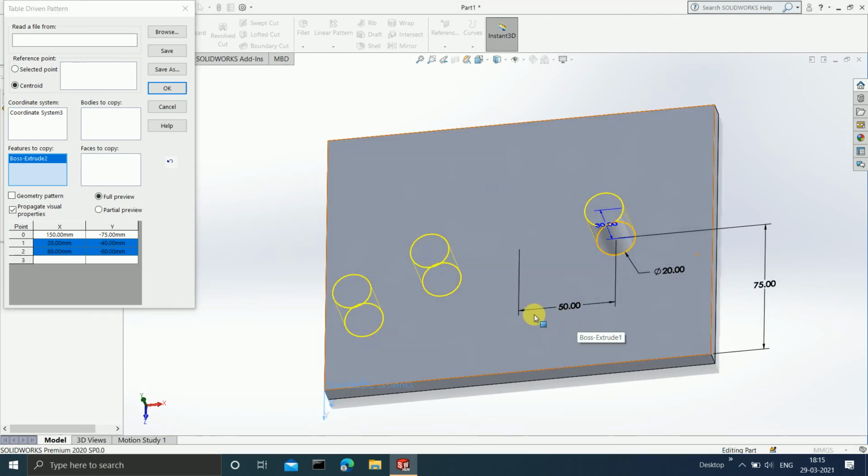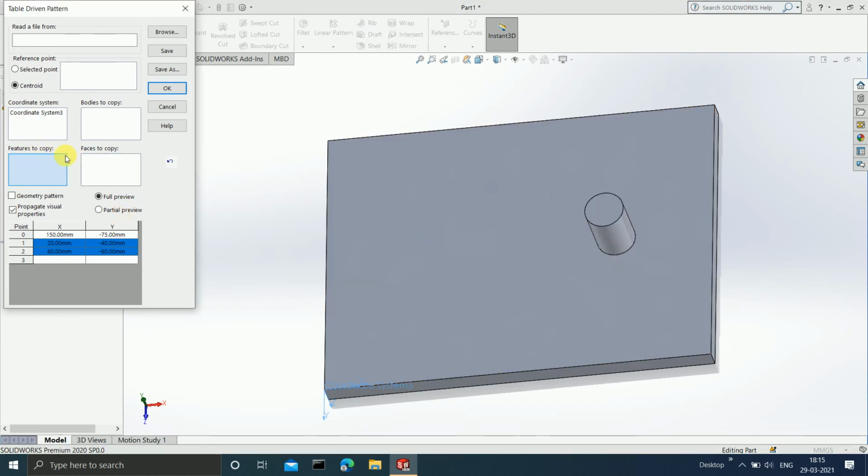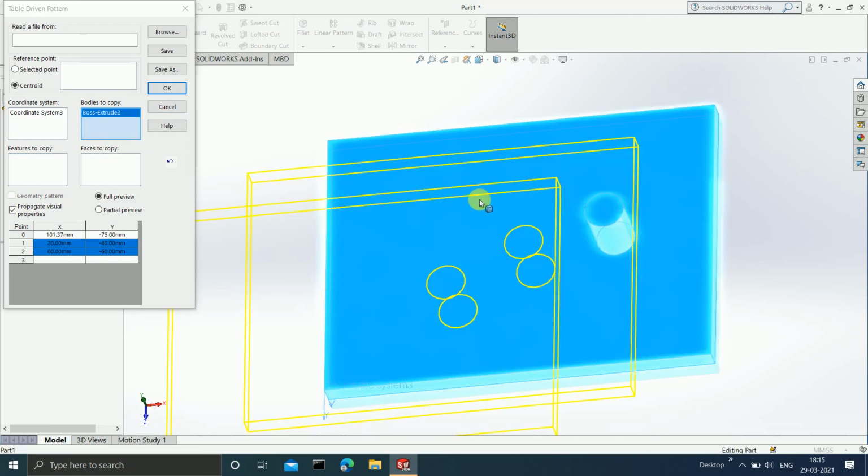So in this way you can make use of the coordinate system, and you will get copies of anything that you want. Whether you want the copy of bodies, you can get the copy of the bodies, or whether you want the copies of the features, you can do that also, or you can even have a copy of a face. Now let me delete this particular thing and let me select the bodies to copy. See, can you see?